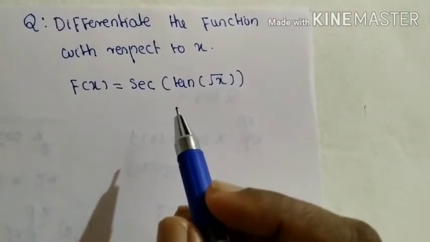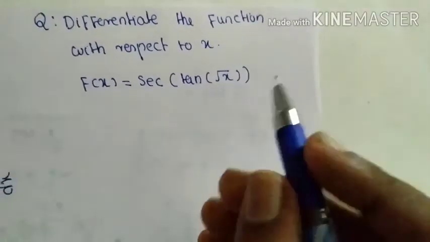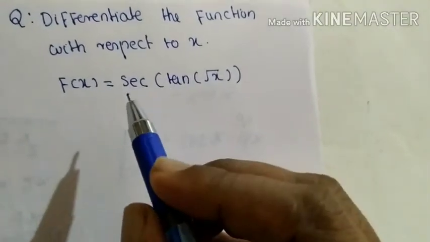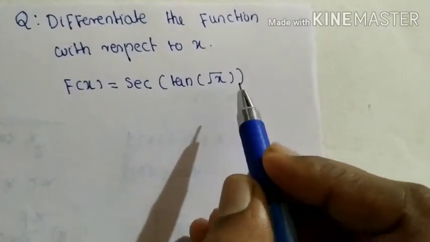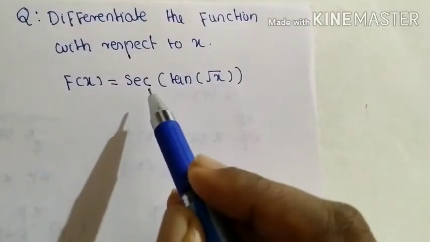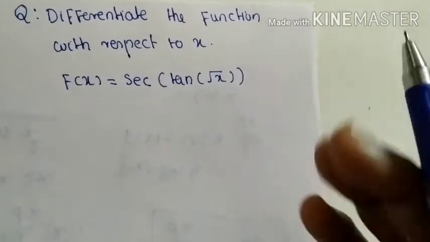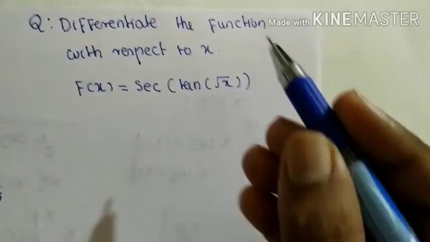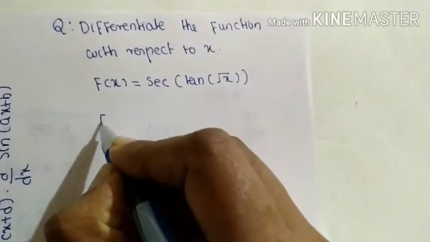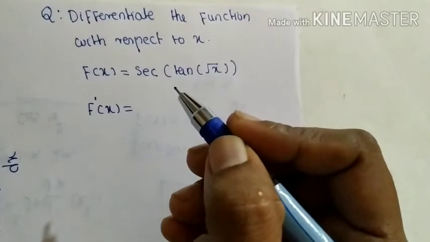In this question, we need to differentiate the function with respect to x. And the function equal to sec of tan of root x. And we can see that this function consists of three standard functions, sec x, tan x and root x. Okay, so let's start the solution of this question. F dash of x equal to,